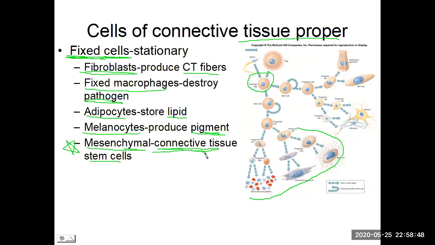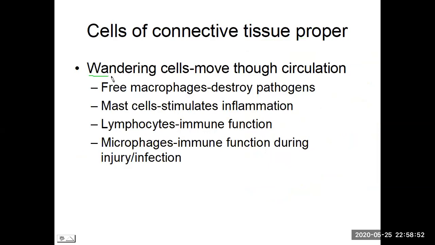So now the second category beyond fixed, there's wandering cells. What these all have in common, wandering, these are cells that actually travel through the body, traveling through our cardiovascular system. The wandering cells enter into the tissue only when there's a need, if there's an infection, if there's an injury. So when we look at the specific examples here, free macrophages,